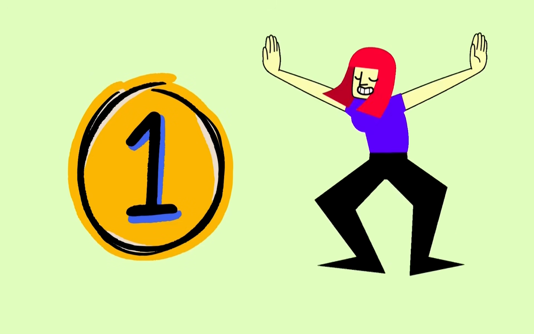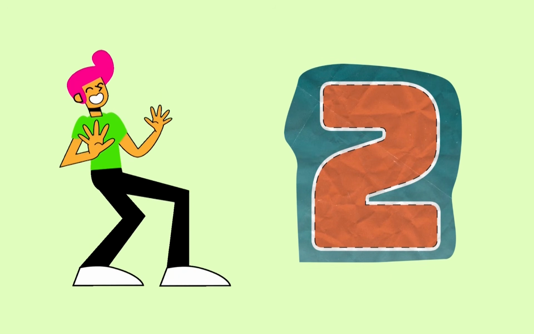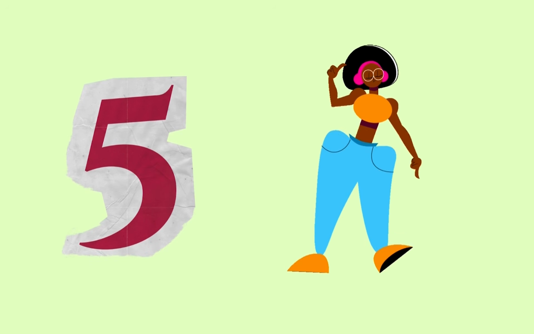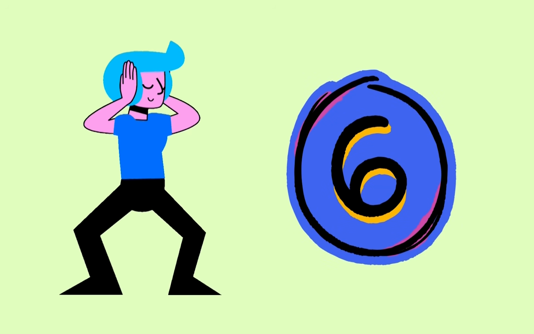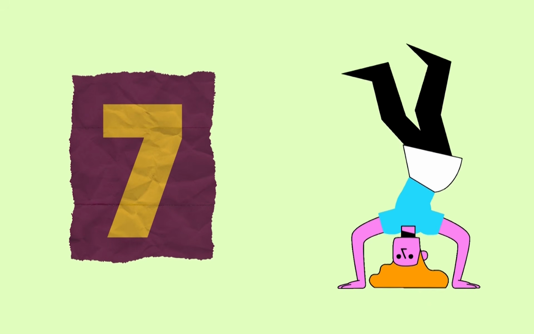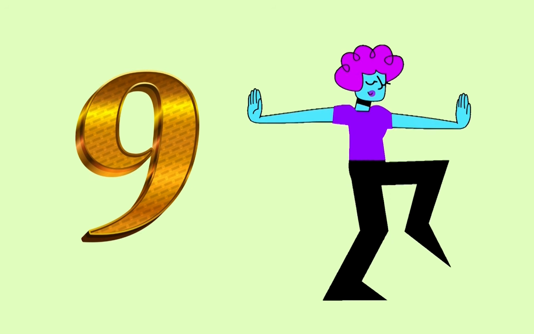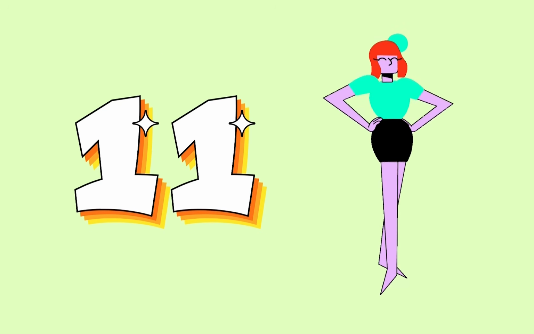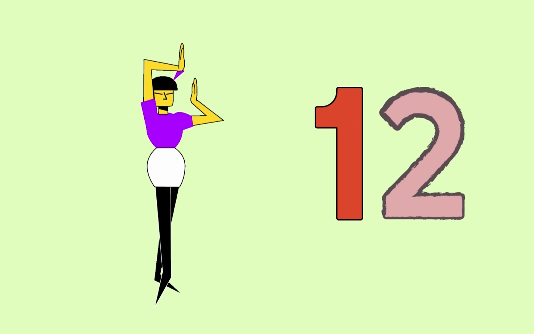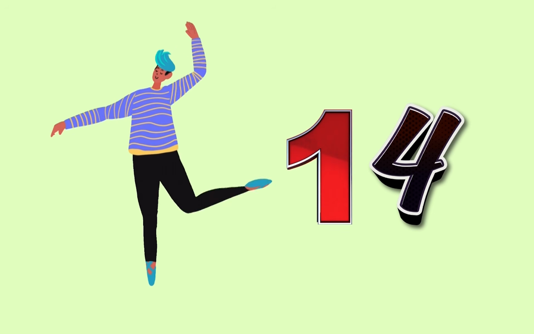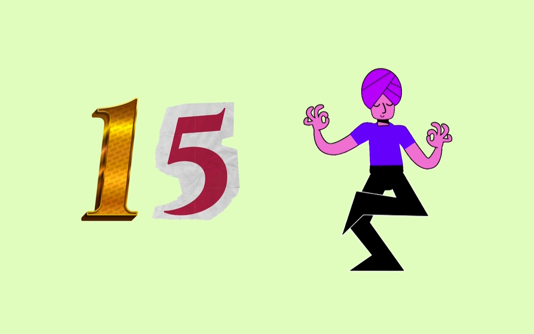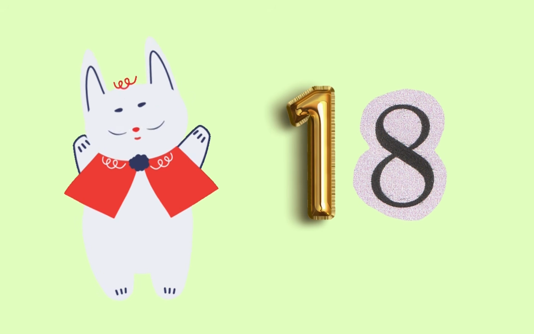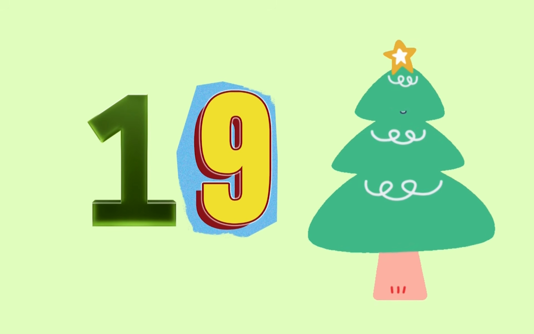Counting numbers 1 to 20. 1, 2, 3, 4, 5, 6, 7, 8, 9, 10, 11, 12, 13, 14, 15, 16, 17, 18, 19,